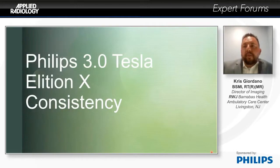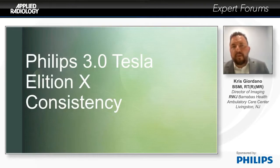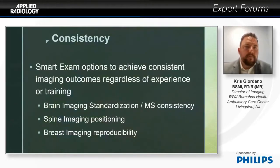One of the other advantages of this system, Karen, is the consistency. And we really look at how the system is going to deliver, from the perspective of totality, reliable, consistent, reproducible outcomes. Smart Exam is one of those features, especially for brain imaging standardization, consistent angulations, MS and consistent follow-ups,